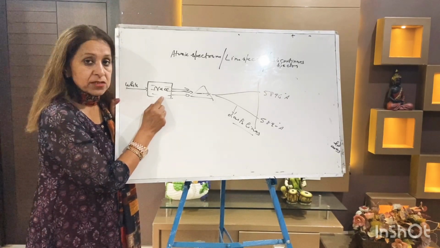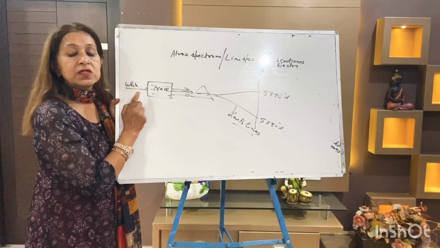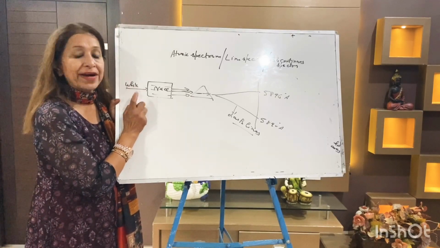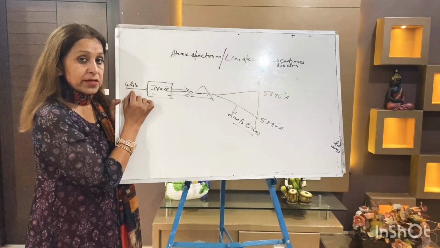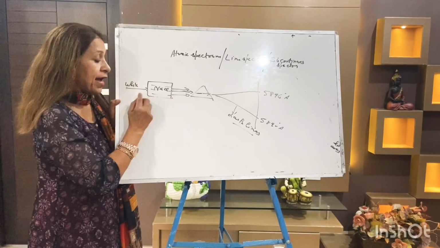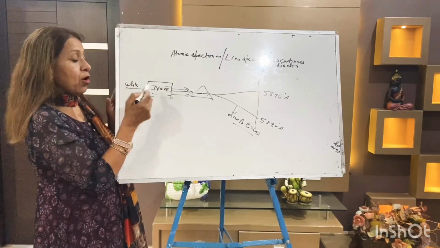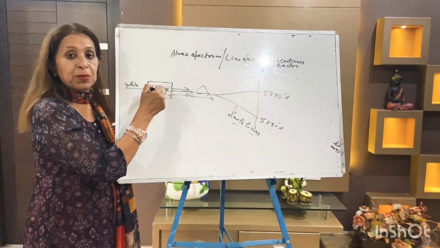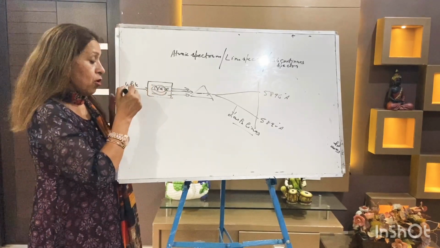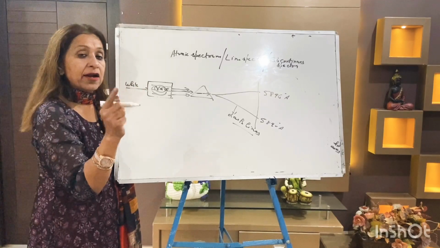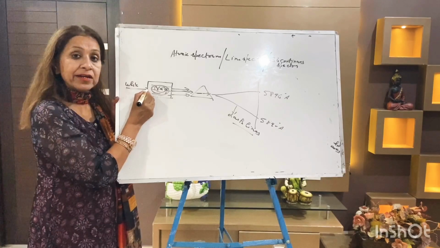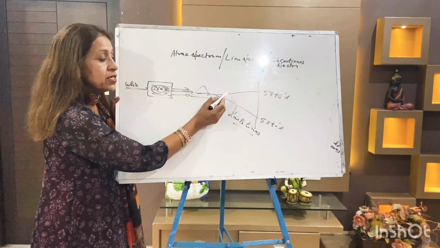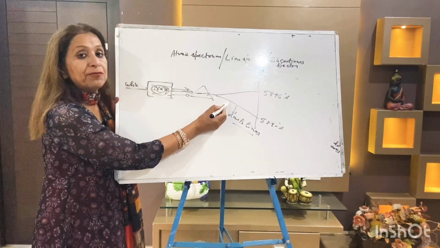Because this time we have not heated it. We have not passed electricity, we have passed sunlight, VIBGYOR, white light. When the white light is passed, that is also carrying energy, then it absorbs the radiations of the white light, VIBGYOR. It has absorbed all, not even a single color reflected back. It has absorbed all the radiation of the white light. So that's the reason these lines are dark, not bright.